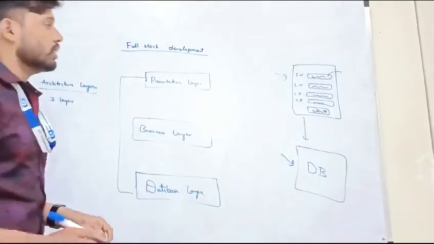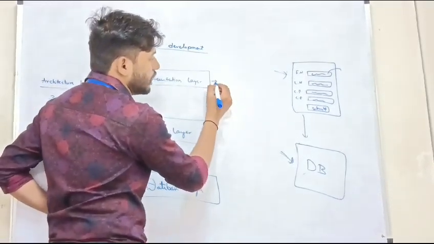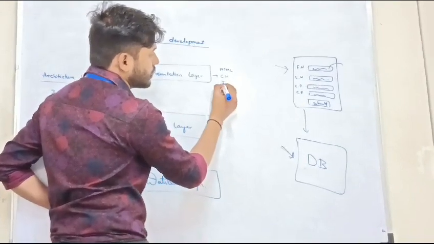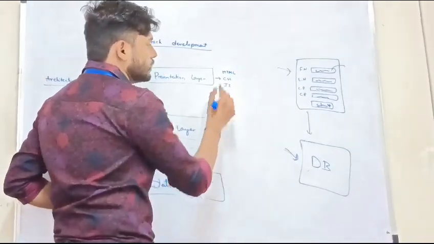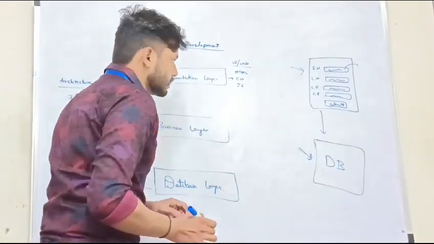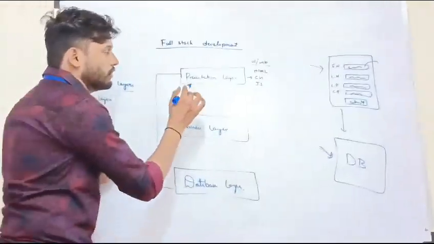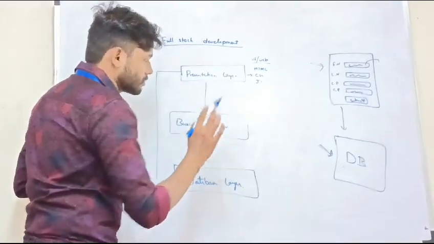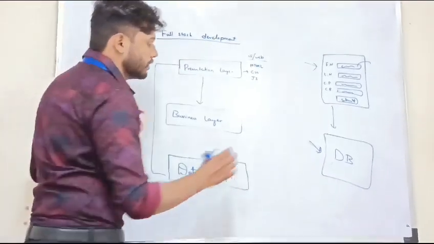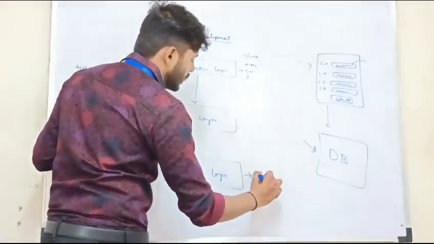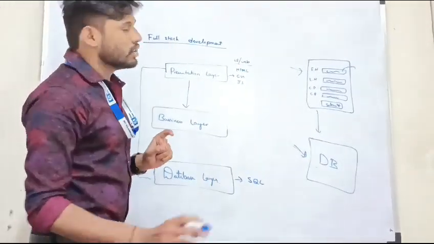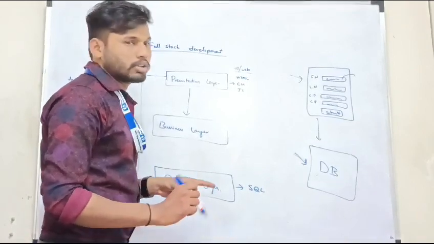To develop the presentation layer, a developer needs to know HTML, CSS, and JavaScript. These technologies are known as UI technologies or web technologies. After learning the presentation layer, where do we need to store our data? Inside the database layer. To learn the database, we need to study SQL. What is meant by SQL? It is Structured Query Language, which is used to access the database with queries.